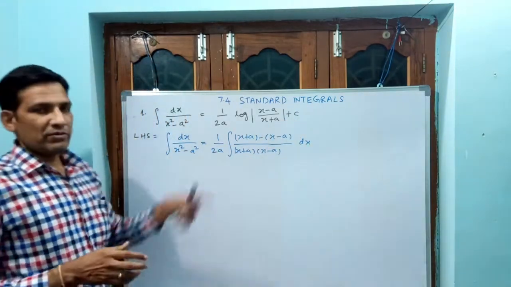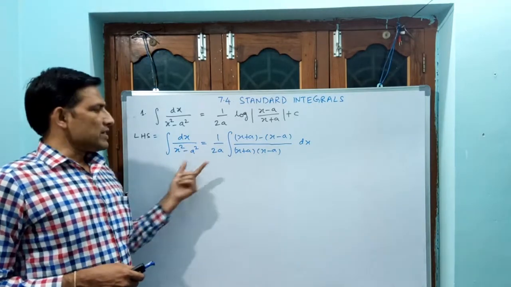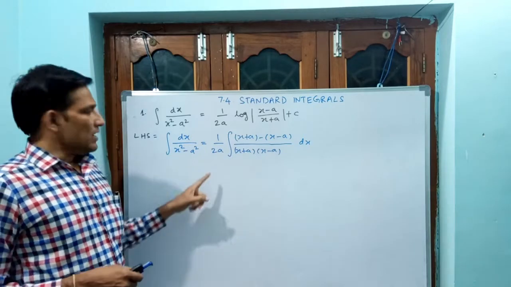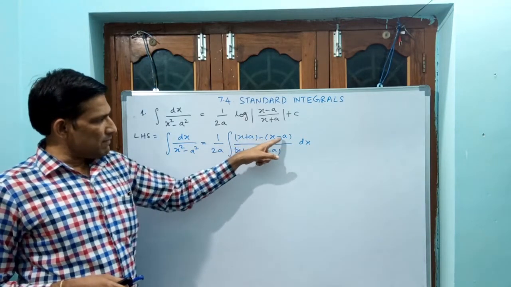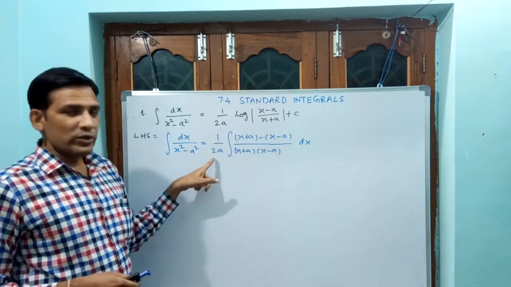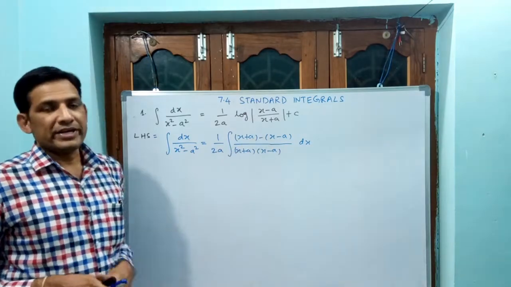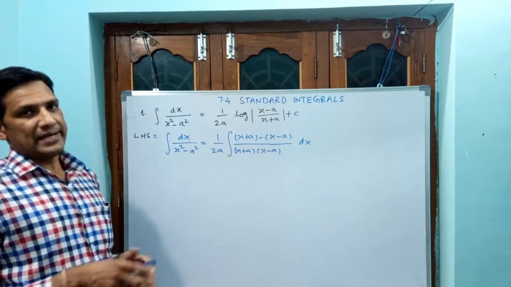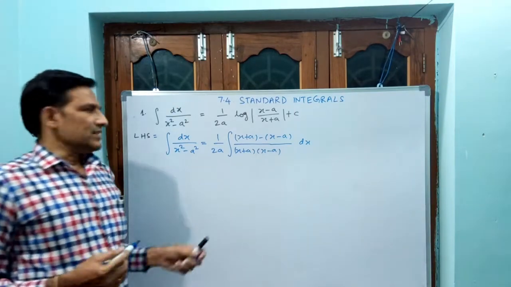First of all, observe carefully what I have written: a plus b into a minus b is a square minus b square. This is okay. But here 2a is there. Plus a minus of minus a gives plus a, 2a. The 2a is going to get cancelled, x minus x, x is going to get cancelled. That means it has been neutralized. Now I am splitting this.